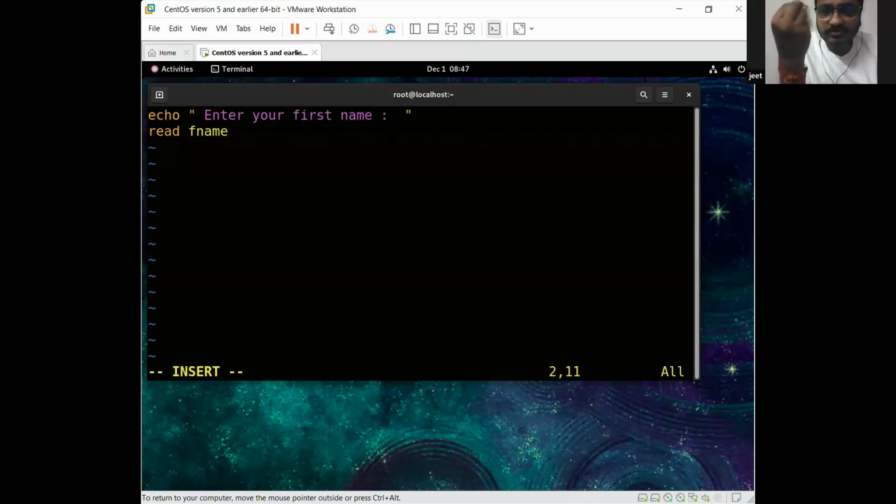f name, it's up to you। okay, so it's a variable name, so it's up to you, you can choose any name। so what I'm going to use, f name। f name is for what, if the user enters any kind of value, so that value is going to be stored in f name। okay, then after I'm going to print another message, echo, okay, and then type hello, and I want to call the variable। if you want to call the variable, so use a dollar symbol and type your variable name। so what is my variable name, f name।